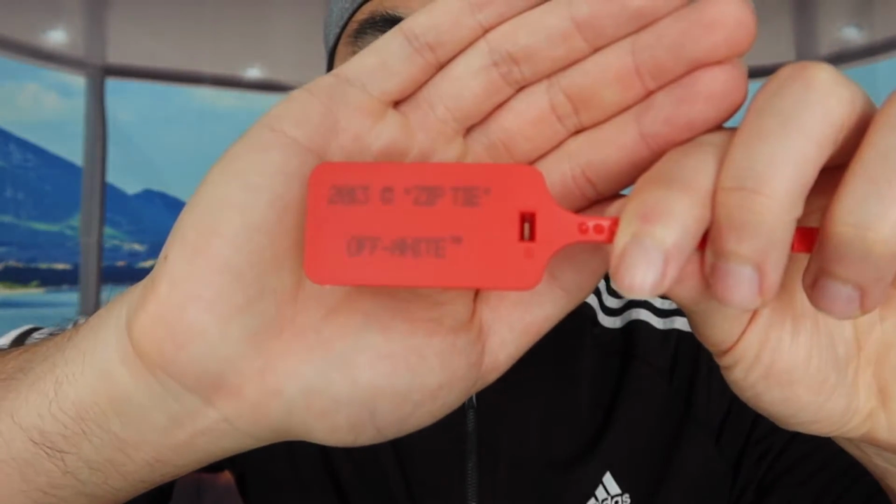But first things first, let's actually open it up to show you guys what the product looks like. Alright, so when you take it out, you guys can see that this is basically what's included inside. So they do provide you this zip tie that you can use right here. Definitely looks pretty cool. So you can just lock it in to use however you want. But you can definitely see and feel the material itself is pretty high quality for the zip tie itself